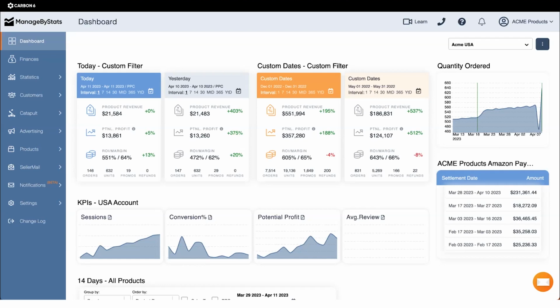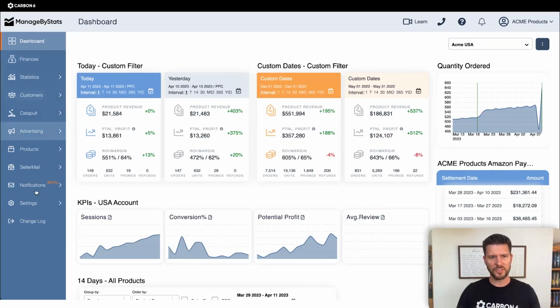We have, as I mentioned, a whole bunch of different tools, and they're all over here on the left-hand menu bar. We also have some stuff up here as well. Let me just move this out of the way. There we go.